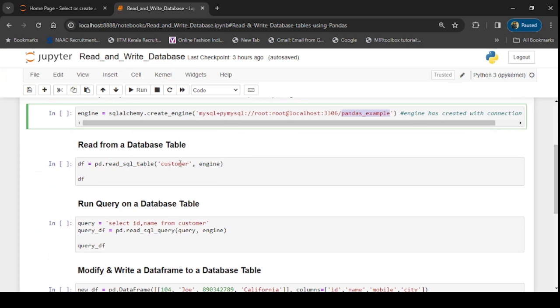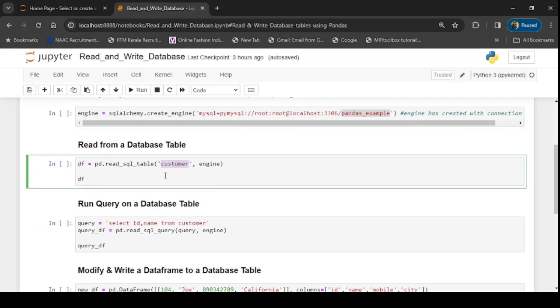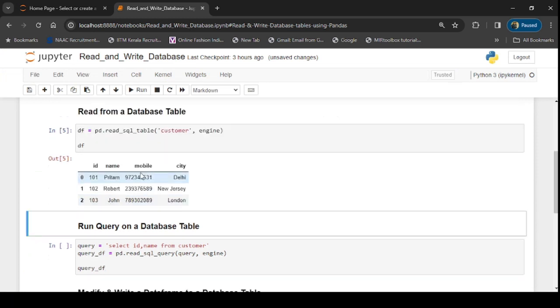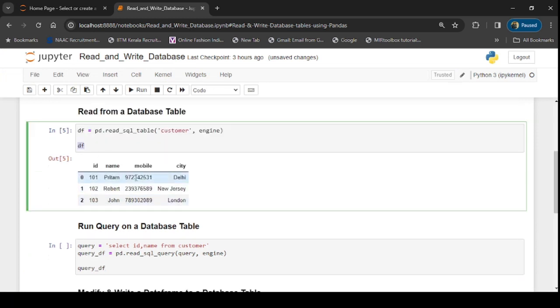This is a method which takes the table name, in my case it is customer, and the connection engine which we have created here. Let's run this cell to understand the content of the data frame created using read_sql_table. You can see the same 3 rows are stored within a data frame